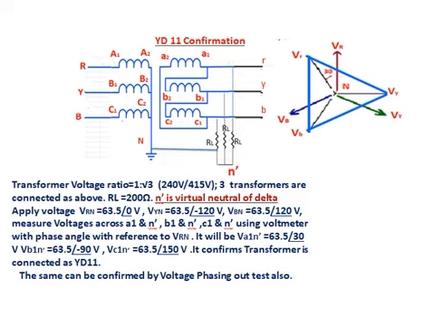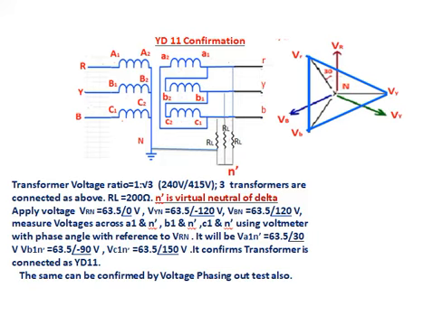Transformer voltage ratio is 1 is to root 3, that is 240 by 415 volt. Three transformers are connected as above. RL equal to 200 ohms to form the virtual neutral point. N dash is a virtual neutral point of delta. Apply voltage VRN 63.5 angle 0, VYN 63.5 angle minus 120, VBN equal to 63.5 angle 120. Measure voltage across A1 N dash,